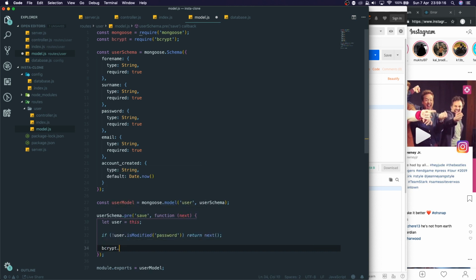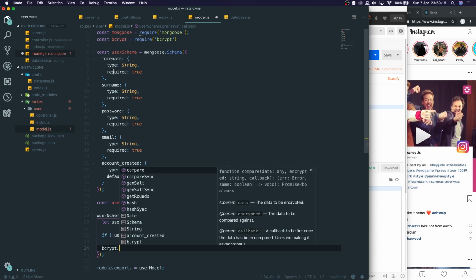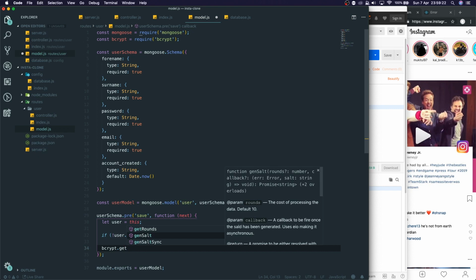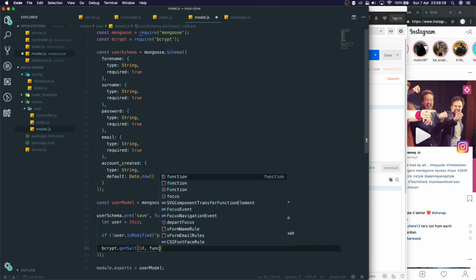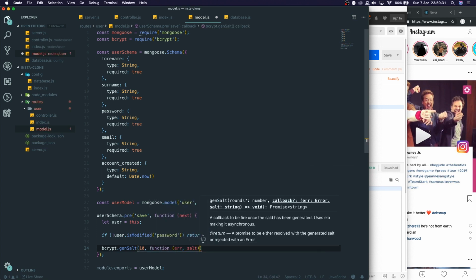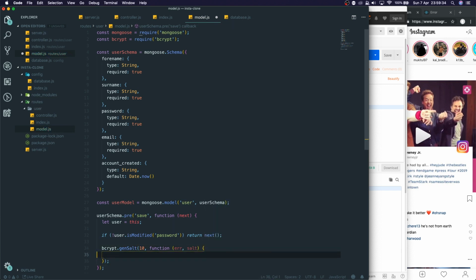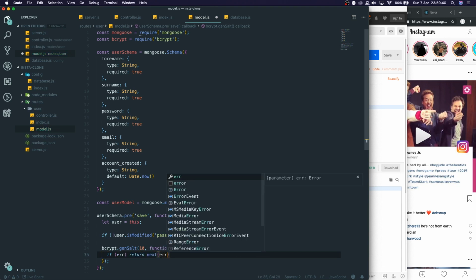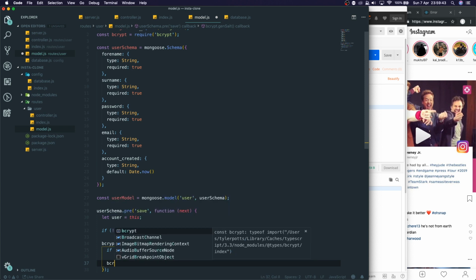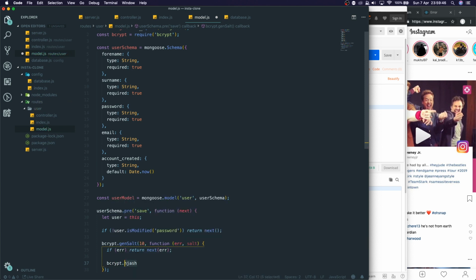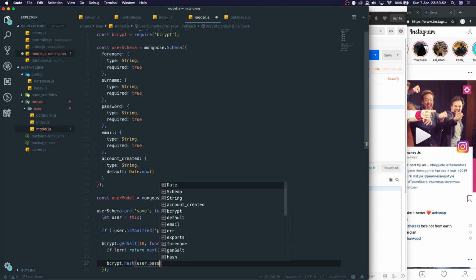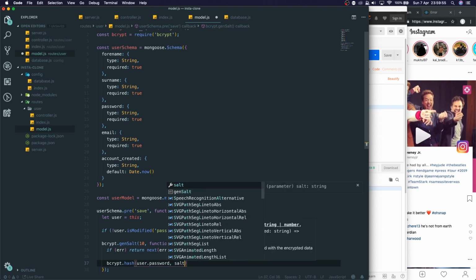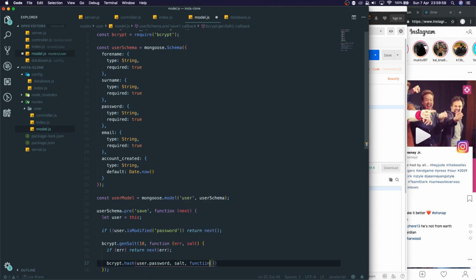Now we can say bcrypt dot, so we pulled through bcrypt. We can say genSalt, and we can say 10. We can put any number, 10 is good. And now we're going to say function with error and salt. We're then going to say if error return next error, and then we can say bcrypt.hash, which is actually going to hash our password, and we're going to put in here the user.password, and then we're going to pass through our salt, and then we're going to say function,